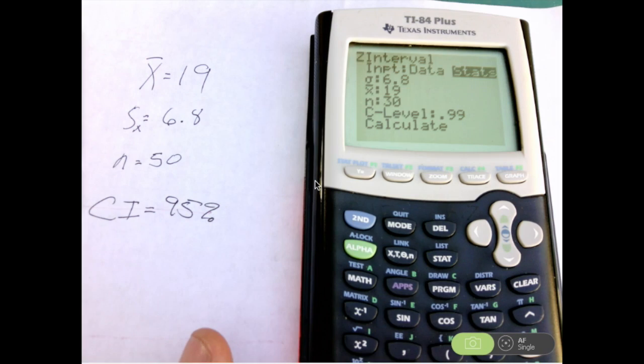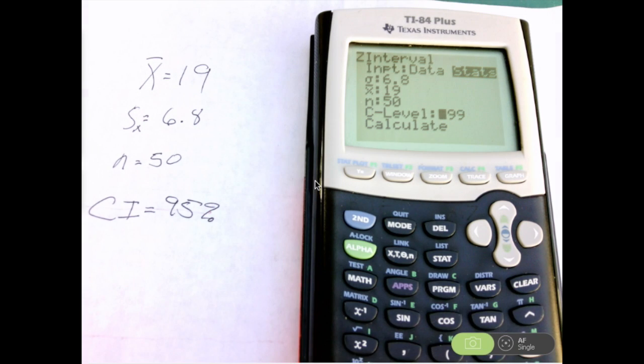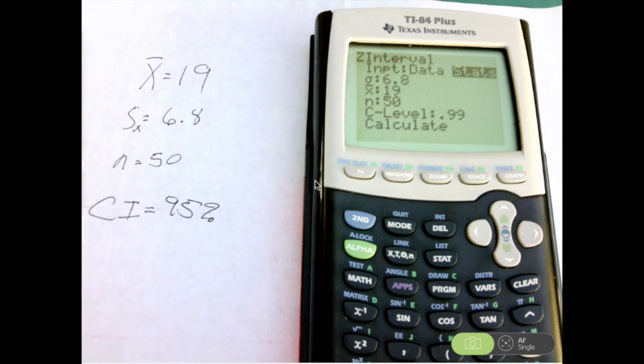My sample size was 50. And now I want to tell it what confidence level I want. In my example, I'm wanting a 95% confidence interval. So I'm going to type in 95, go to calculate,